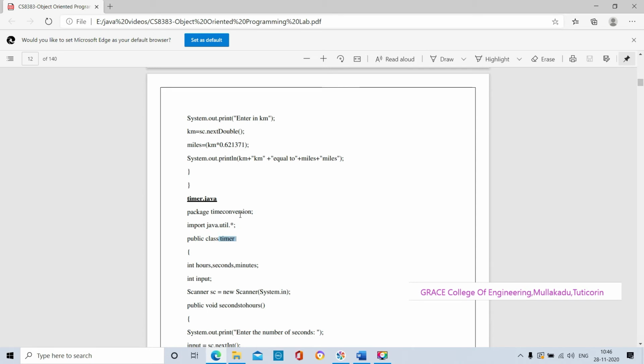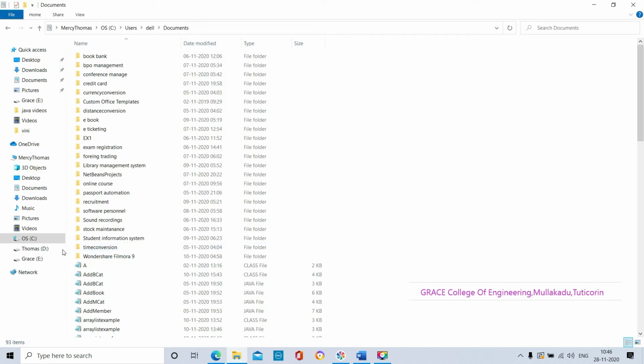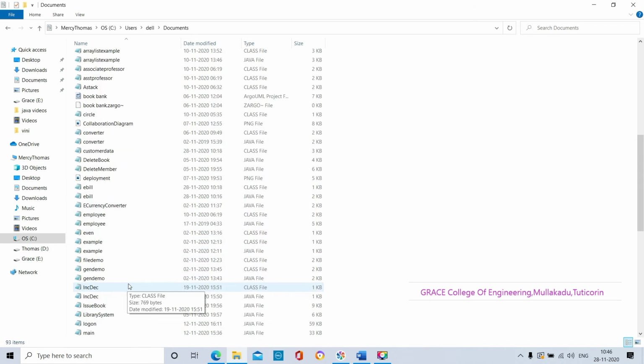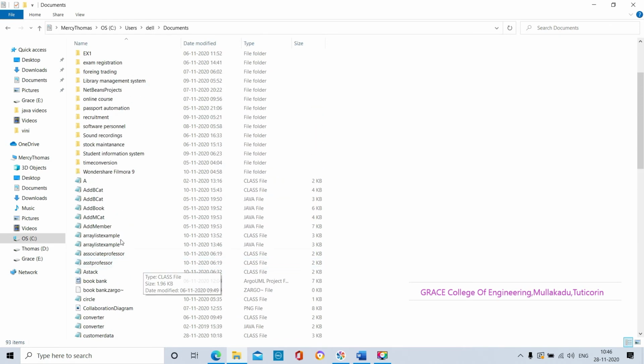I will tell you how. This is the time conversion package. First we have to type the package program in the notepad. I already typed the time conversion package programs in the notepad and saved them in the documents folder. The time conversion folder means the time conversion package.